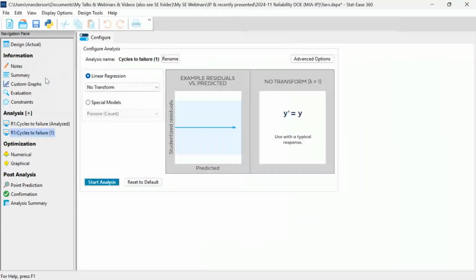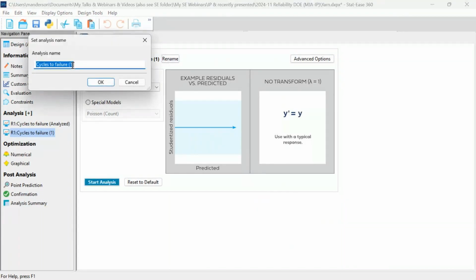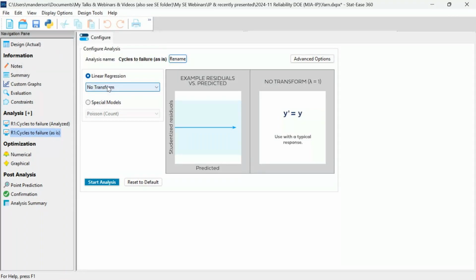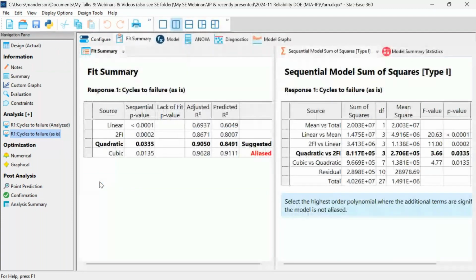again without a log, we might see that all models are wrong, but some are useful coming into play here, because now let's say we do this with an as-is analysis. Okay, no transform. Let's see what happens. Aha. So now it says that not only is a linear not going to be good enough, in that we have to add 2-factor interaction terms, but also, furthermore, if we add quadratic terms, we'll significantly improve, possibly even cubic, but that term is aliased.